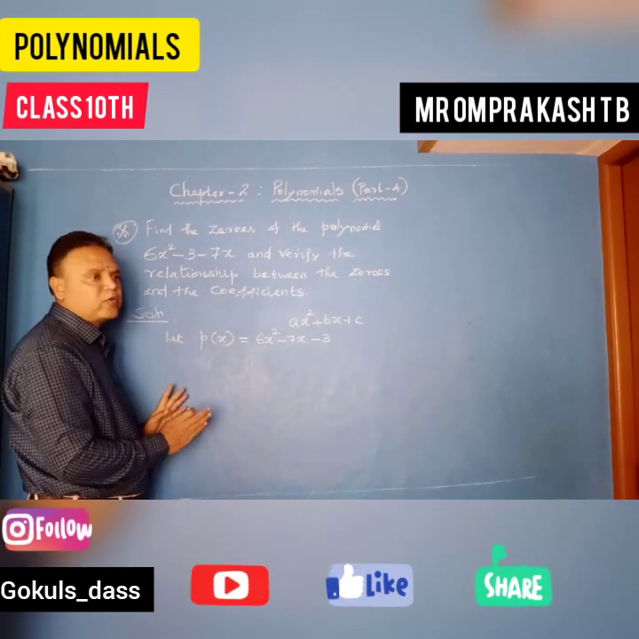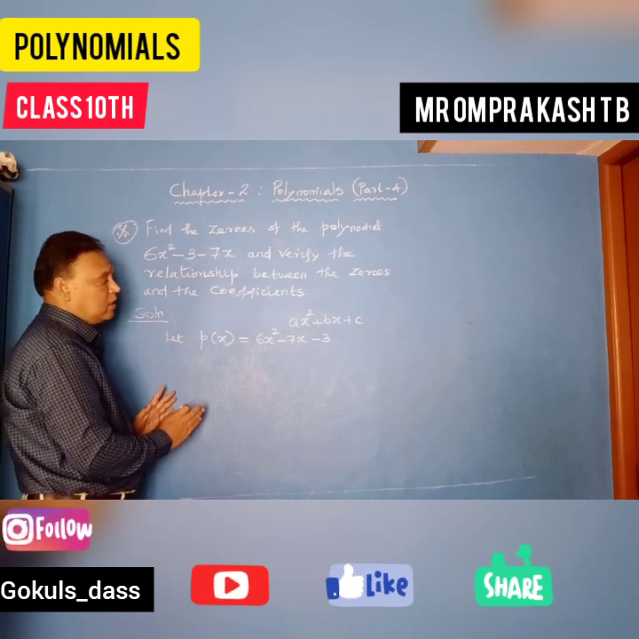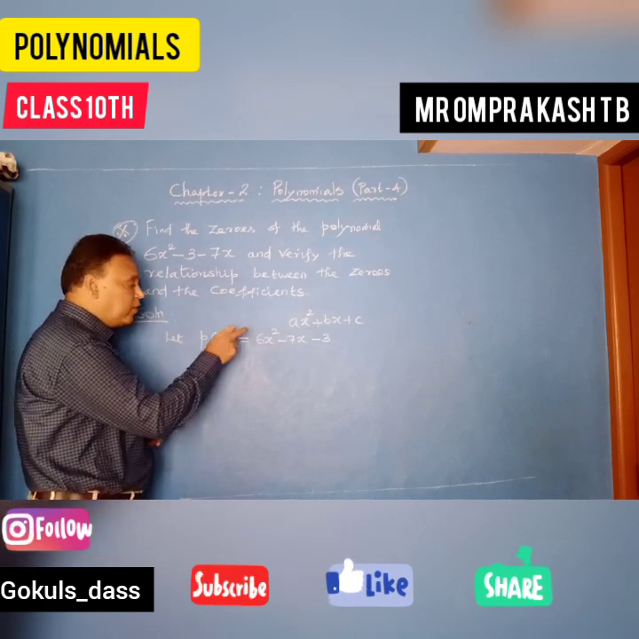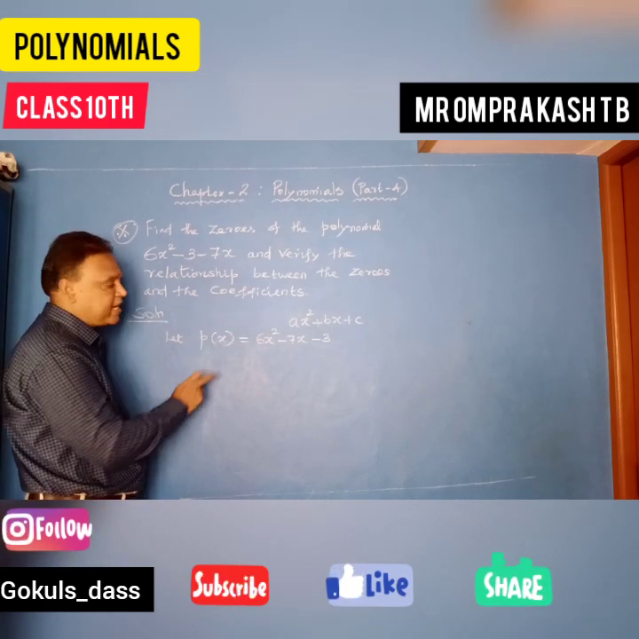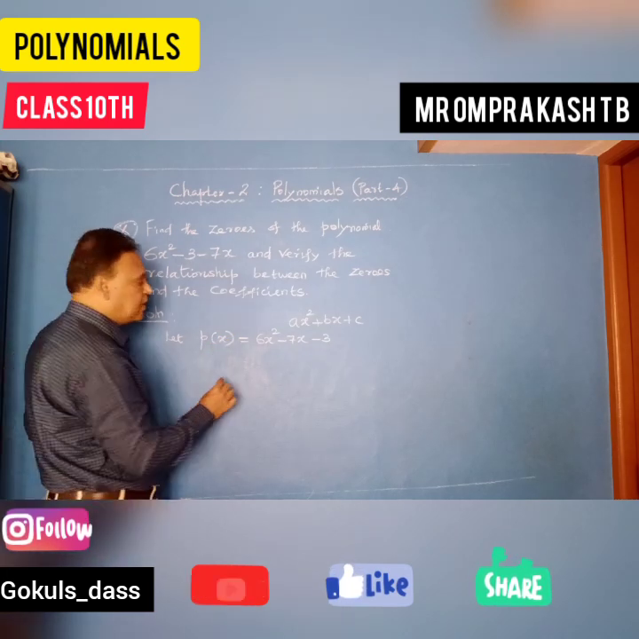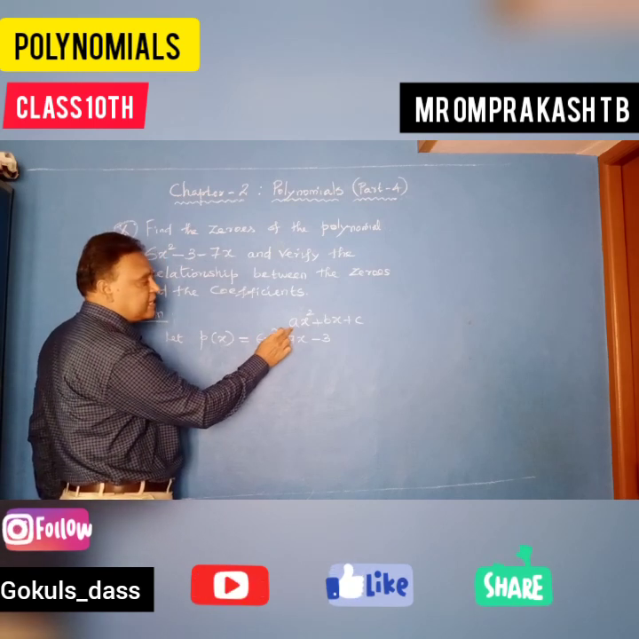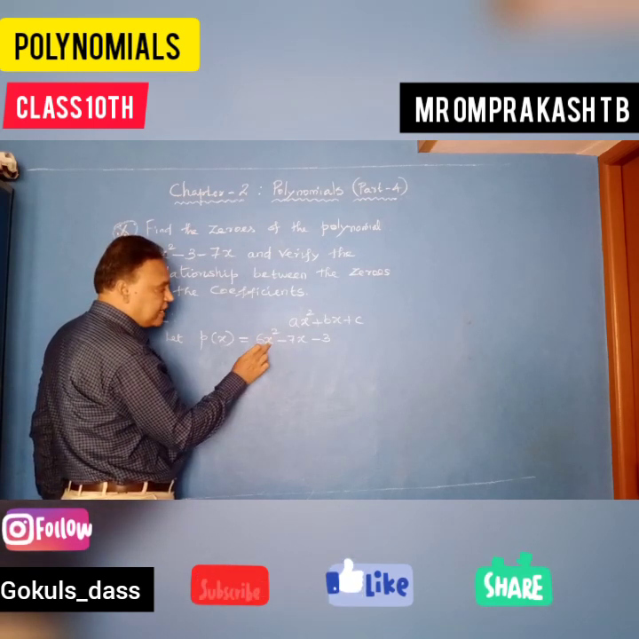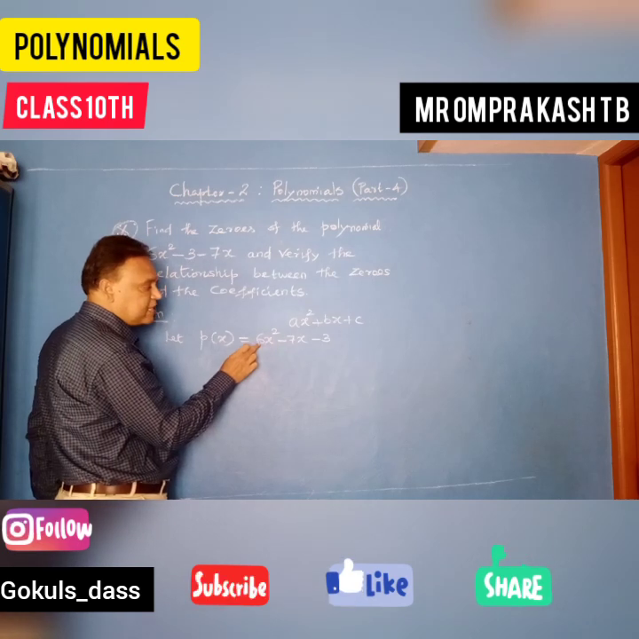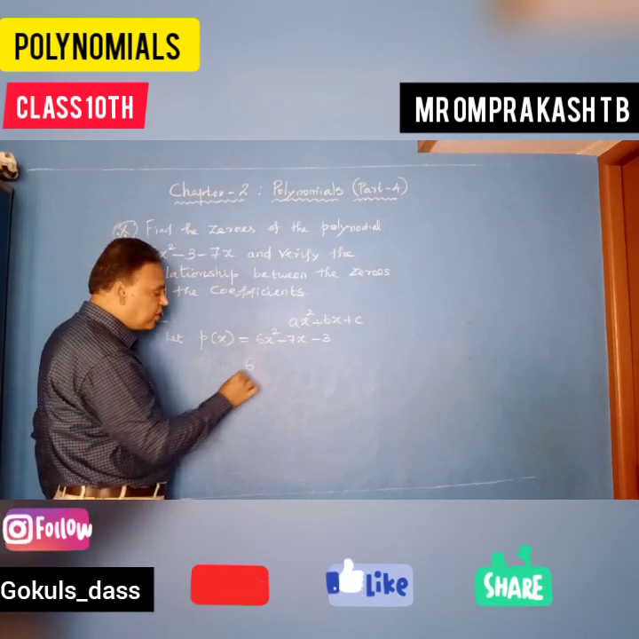Now we have to find the zeros. First you have to find the zeros. So for that what do you have to do? Factorization. Yesterday also I taught the same problem. Again I am teaching, listen carefully. See, the x squared coefficient is a. Here what is the x squared coefficient? a is 6. So 6 into